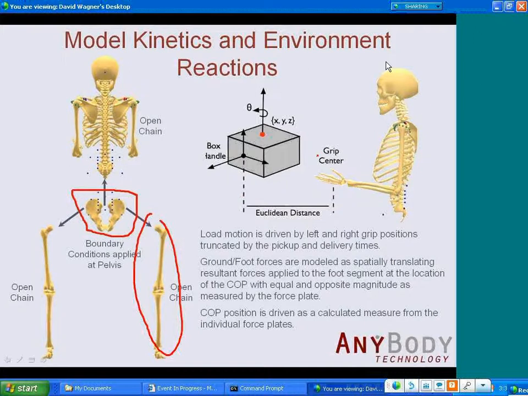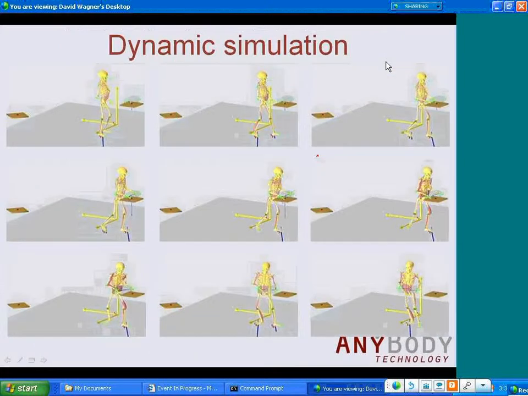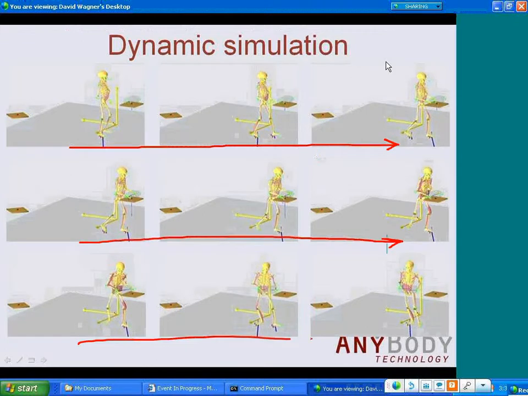Here are pictures of the model, as best I can, using the full muscle model available in AnyBody. It starts over here, moves off this way. And as you can see,